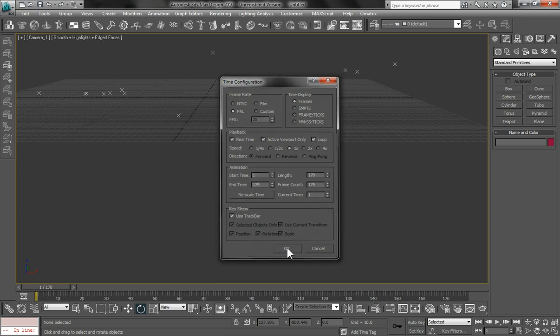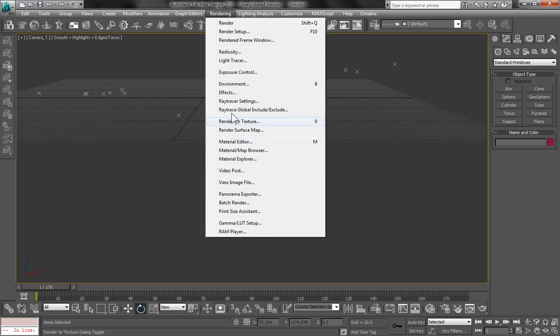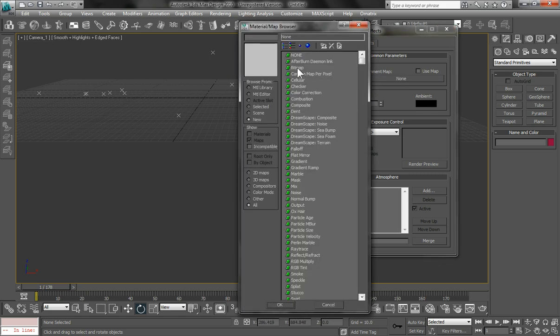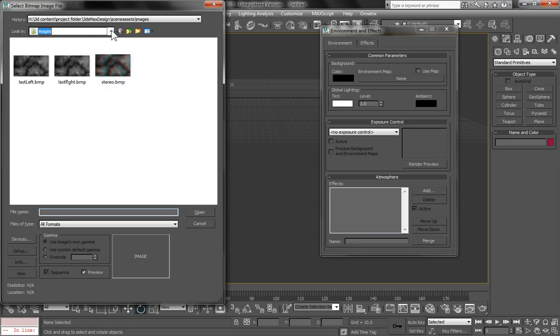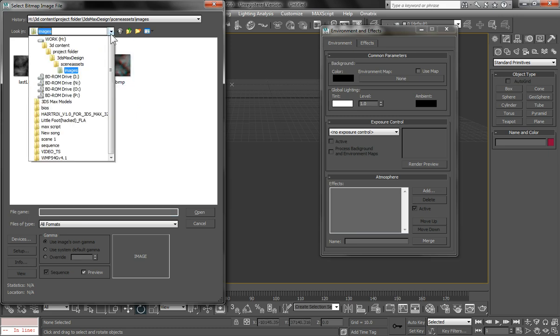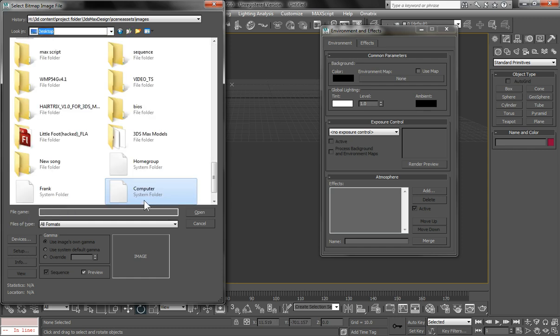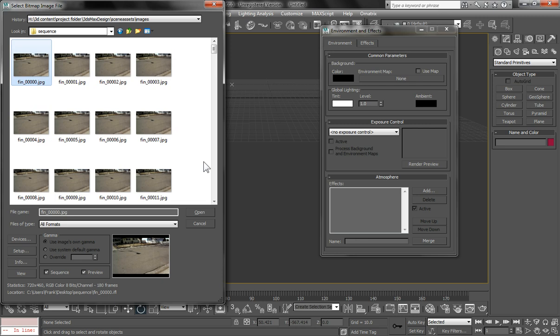Also, you want to go into, let's see, environment settings, background, bitmap. So desktop, and then the sequence folder, of course. Make sure that sequence is selected down here, and that way you have a full